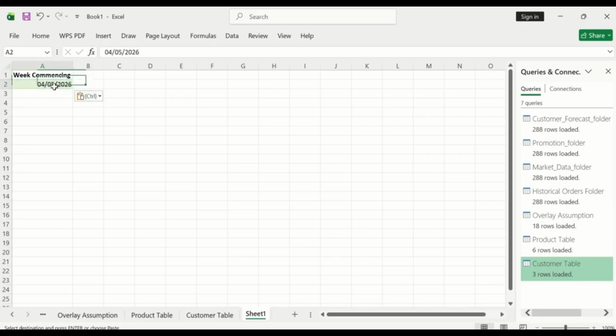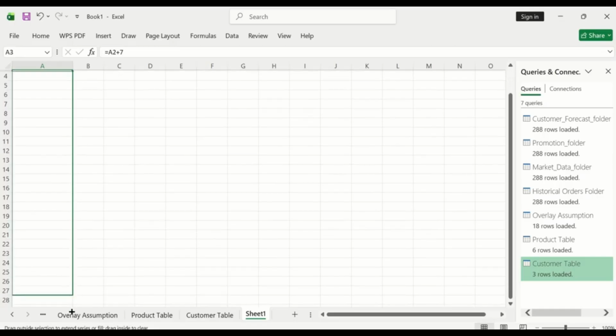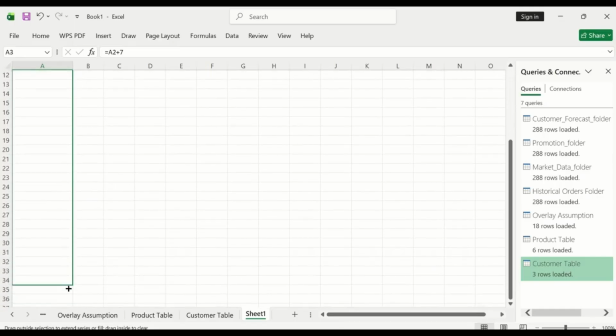So we're going to write a formula here. So this is A2. We are just finding the weekly dates, the date of starting of each and every week, and then you click enter. After that, just come to this corner and then drag up to